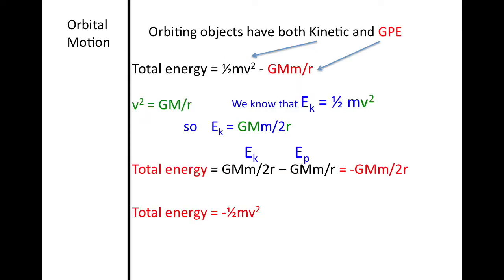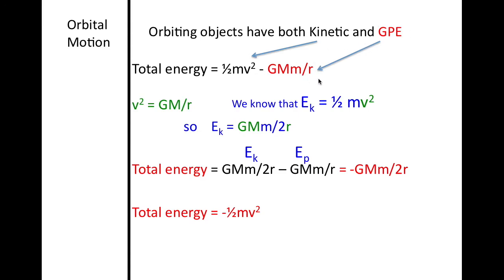Objects that are orbiting have both kinetic and potential energy. The object is moving, therefore it has kinetic energy. The object is also positioned at a certain height above the ground, thus giving it potential energy, gravitational potential energy. The total amount of the energy then would be the kinetic energy plus the gravitational potential energy. We know that the kinetic energy is 1/2 mv squared and that the gravitational potential energy is negative g times m times